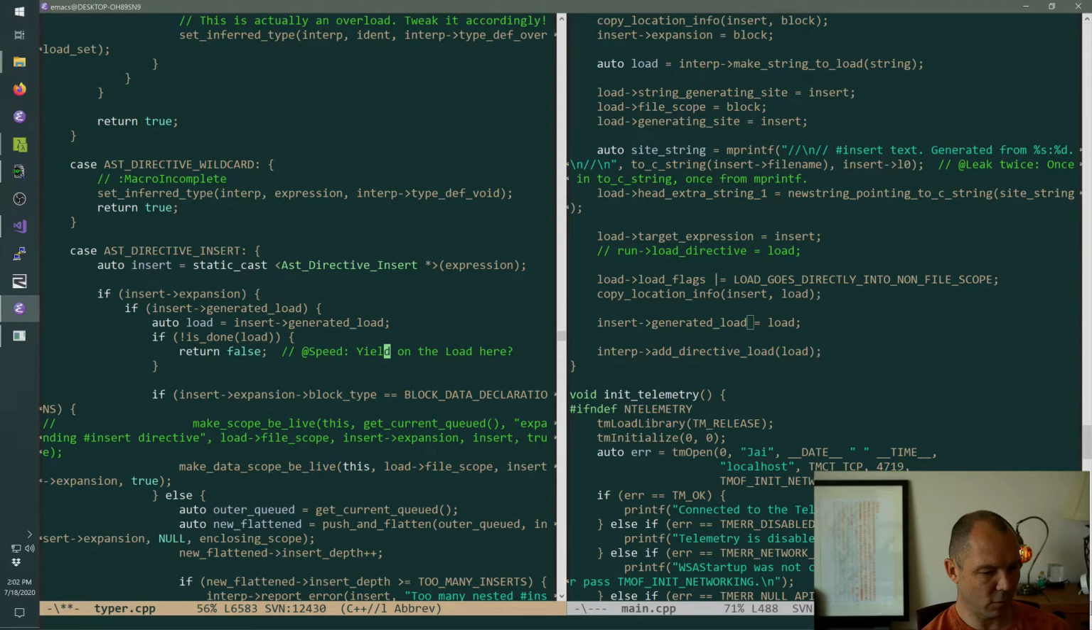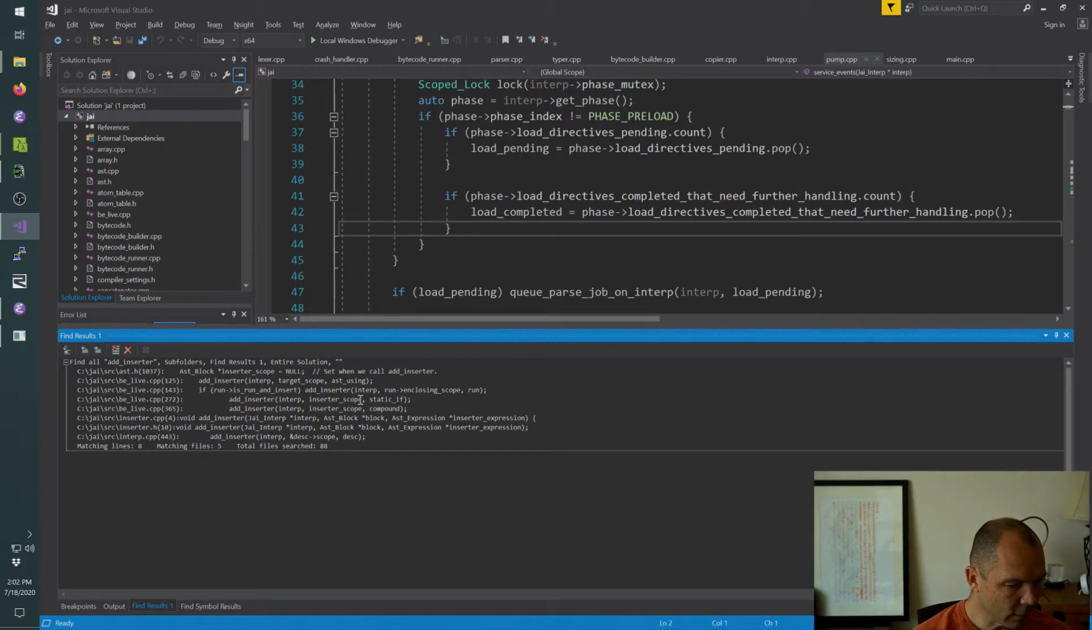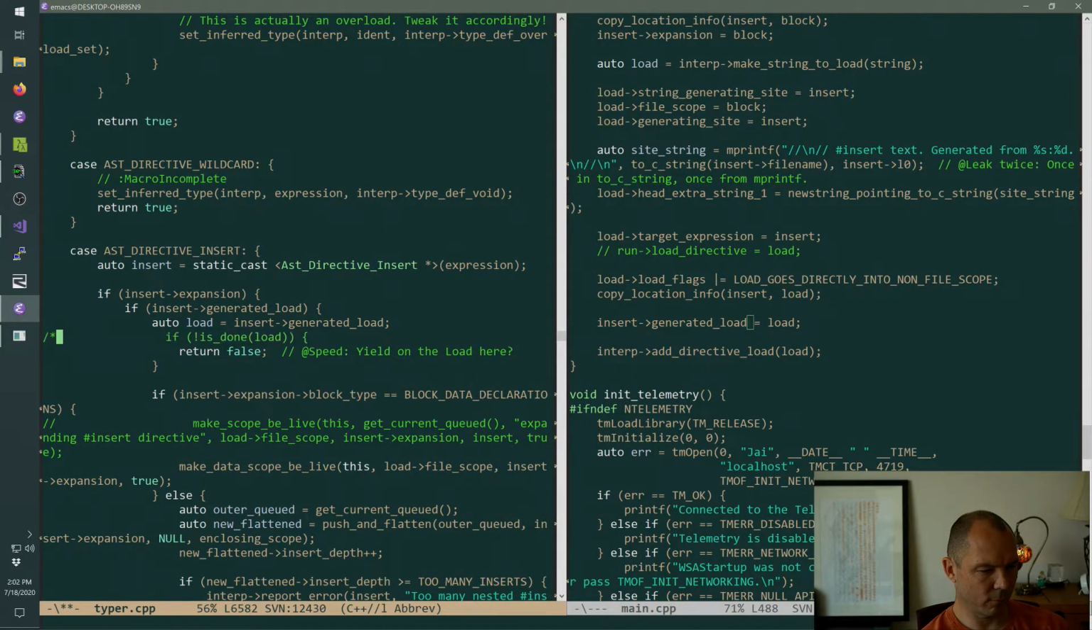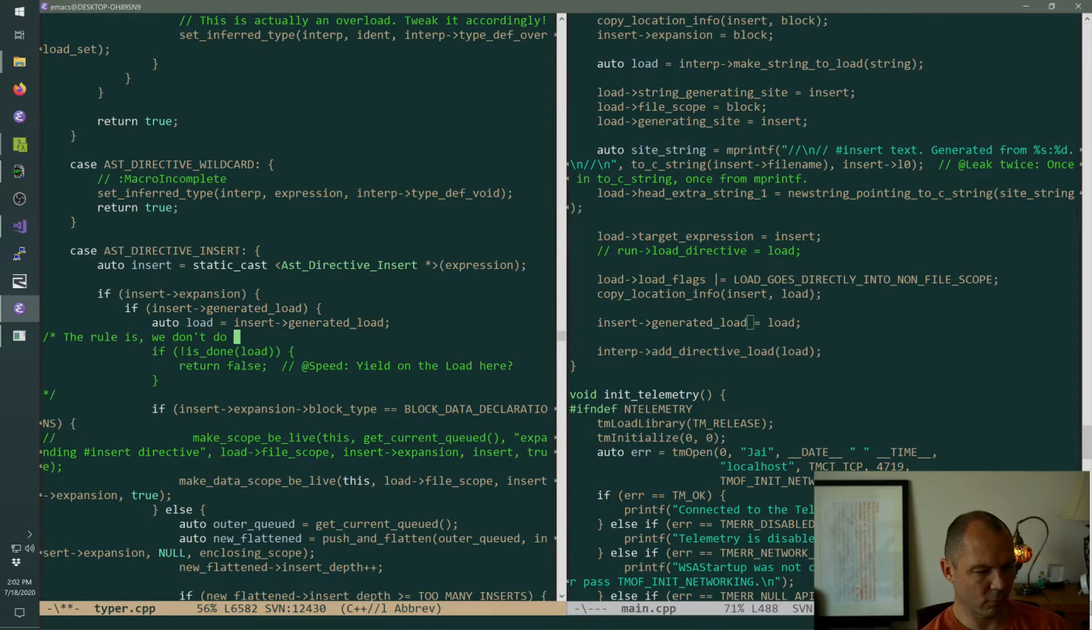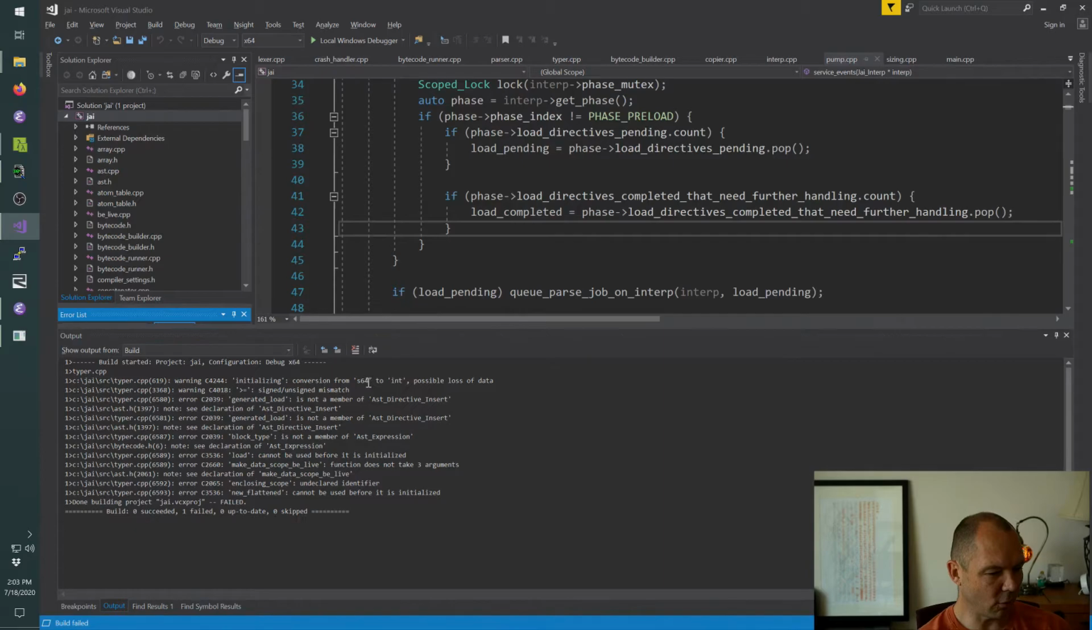So we need our is done somehow. Now I would guess that, do loads add inserters? They don't appear to. Which seems wrong. I guess the rule is we don't do anything if loads are pending. Is that correct? That would be crazy. Okay, so